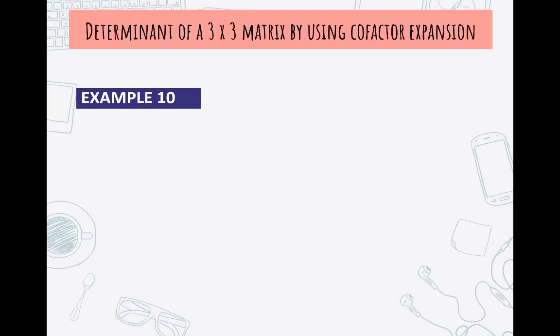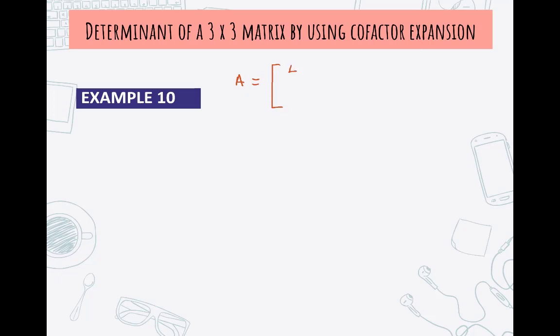So let's look at example 10. Determinant of a 3 times 3 matrix by using cofactor expansion. In example 10 we are given matrix A. You can see this in your lecture notes. So matrix A is given by